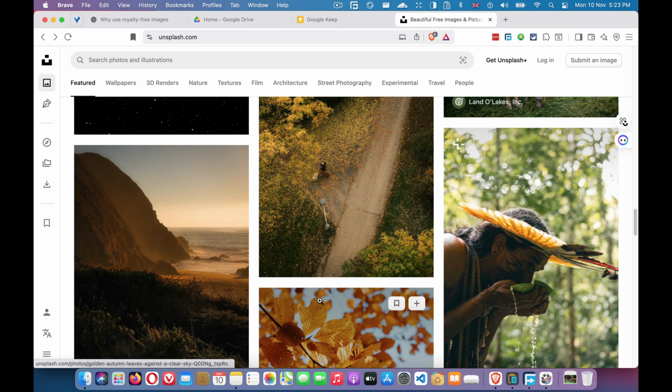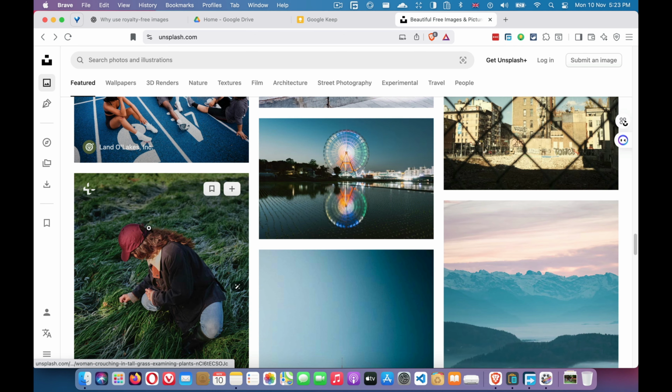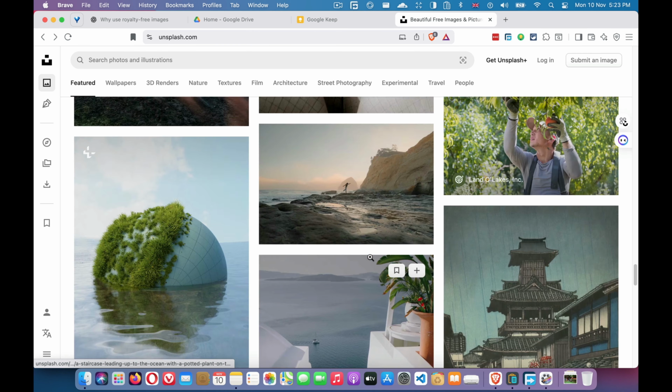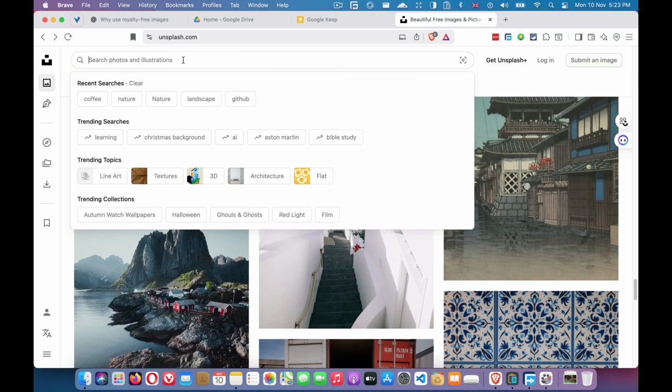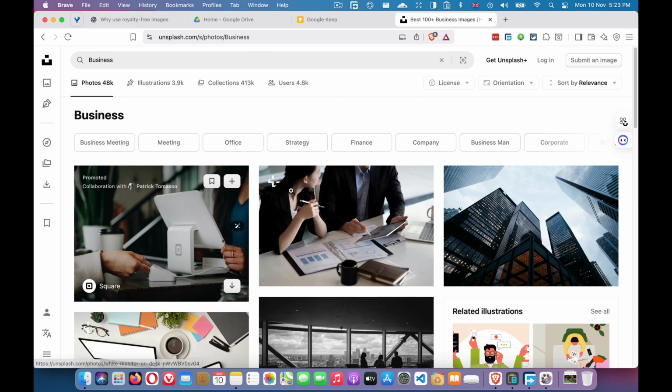Now I want to give you an example of how you download the types of images you want. You can download any kind of images. Maybe I search the keywords coffee, nature, landscape, GitHub. You will get all kinds of images. You can use them for business. Whichever types of images you need,